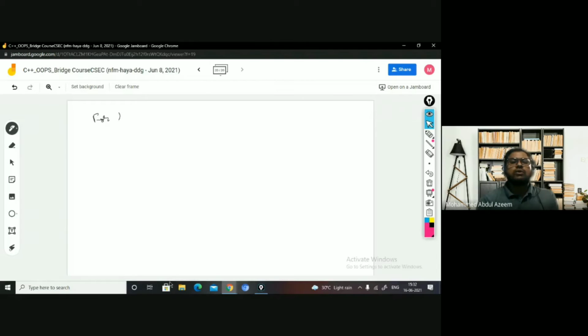For function template, memory will not be created.